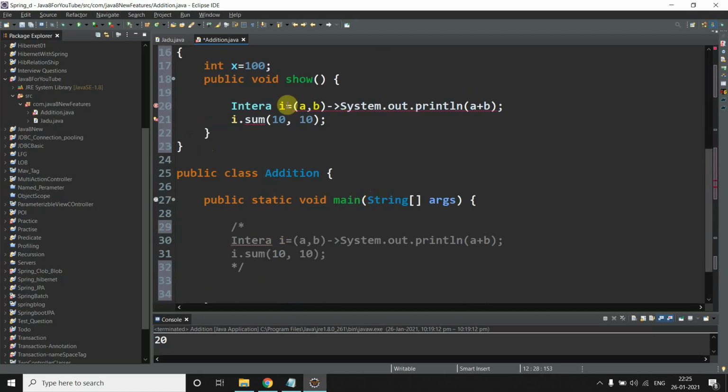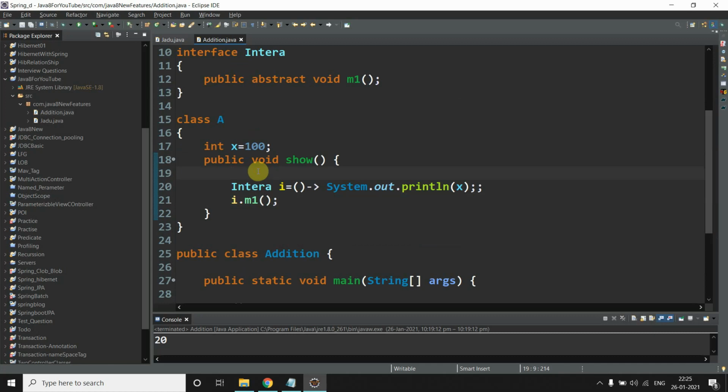Now let me give completely what we are doing: System.out.println x, and m1 without parameter.